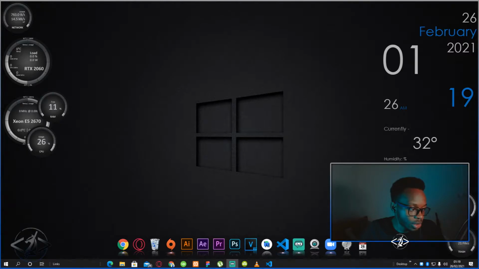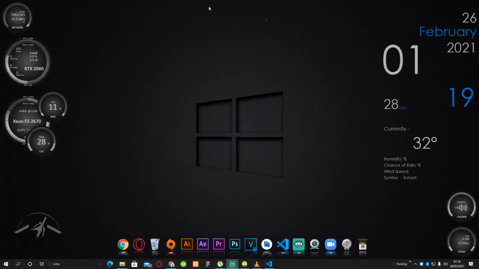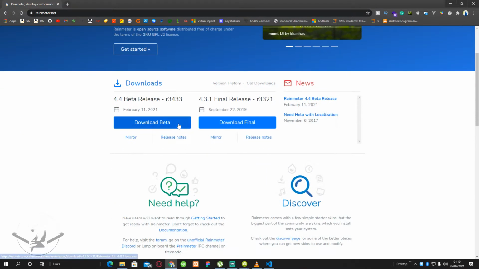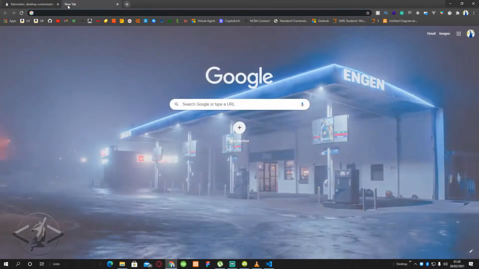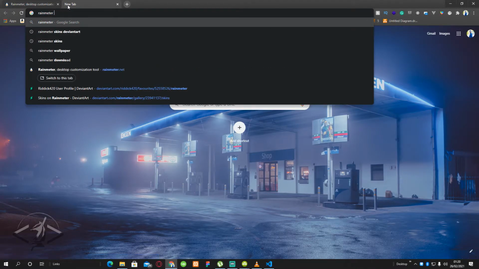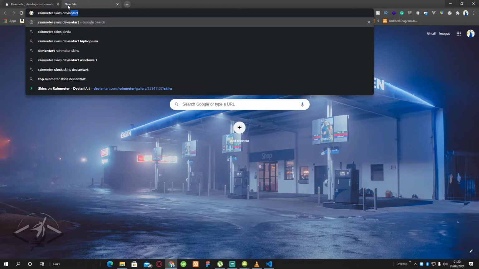So what I'm going to do is show you the screen without my face cam. Essentially the theme that I'm using over here, what I'm using to make my themes, is this little thing called Rainmeter. This is it essentially, and all you need to do is come in here and download. Then after downloading and installing, you'll see some default skins coming into play. After doing so, what you'd want to do is just check Rainmeter skins on DeviantArt.